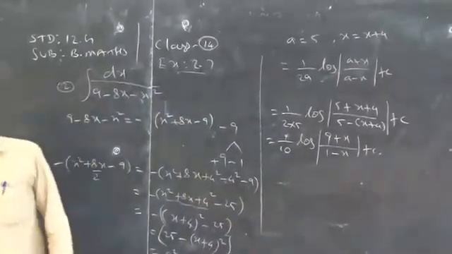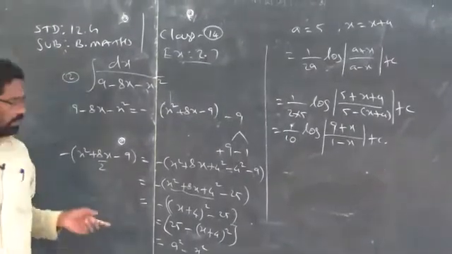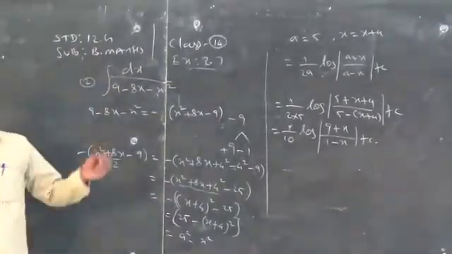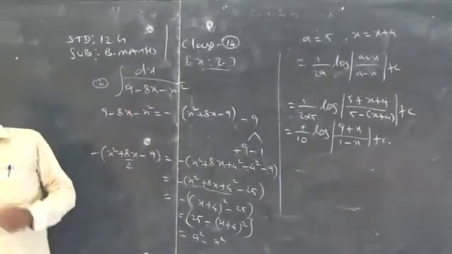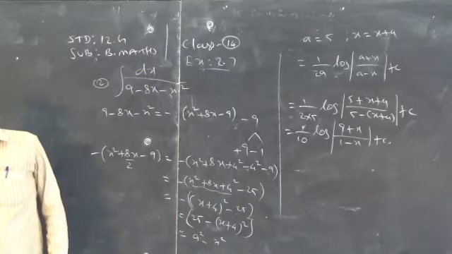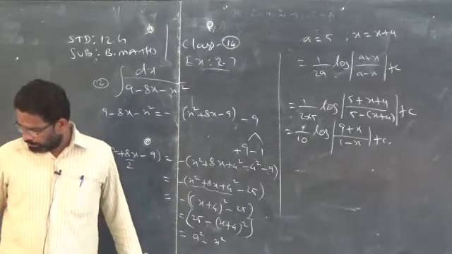Clear? Now, we will go to sum number 3. I did with 3x square, but what is given in the question? 2x square. So, you can use the same concept. I think I gave some problems of homework. I do not know how many of you did. Then we will go to sum number up to 10 I gave as homework.